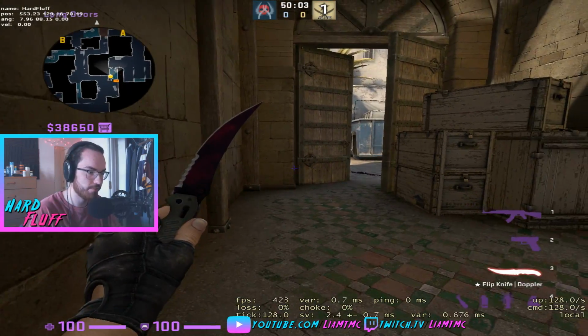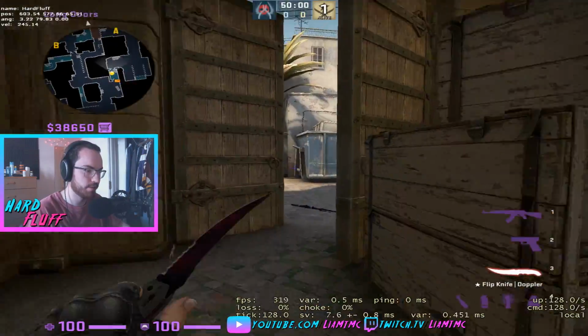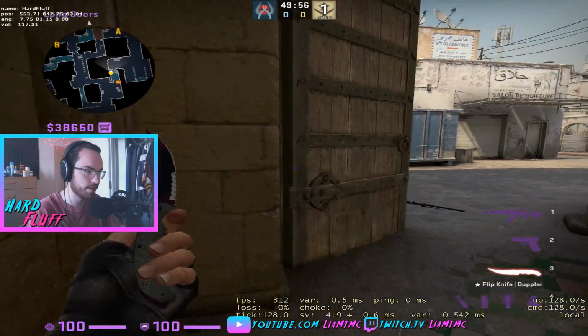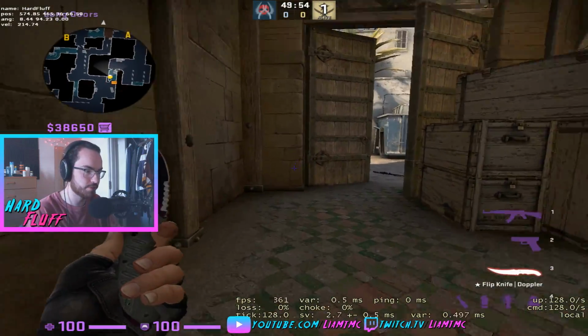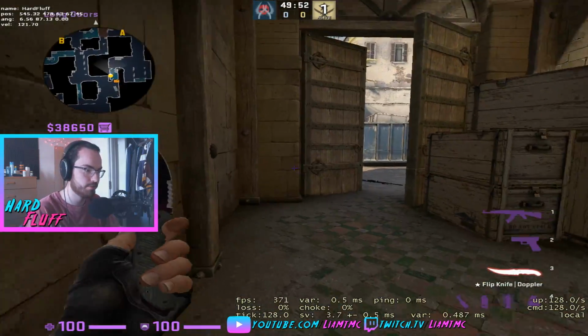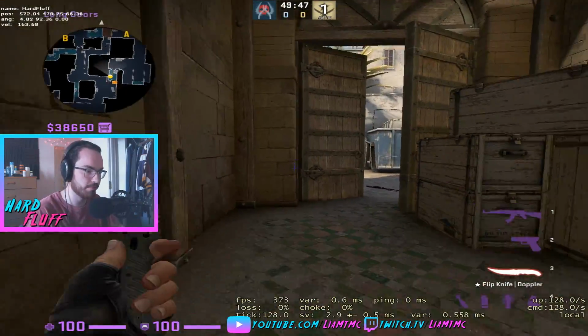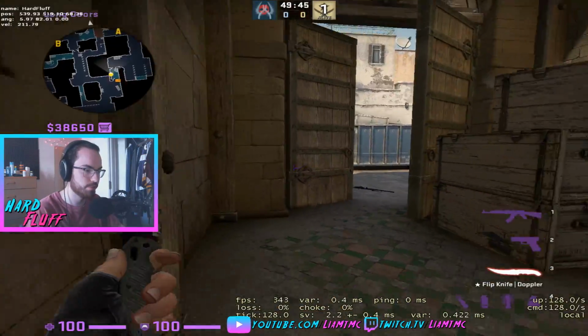There's also the strafe way, where you're about to peek into the angle, and as soon as you're about to see the angle, you turn and you just go back. So very much like that. That's really nice. This is probably my favorite way to jiggle peek,